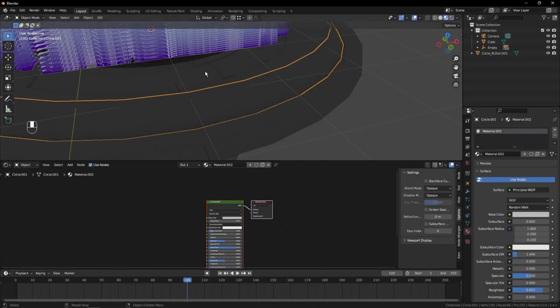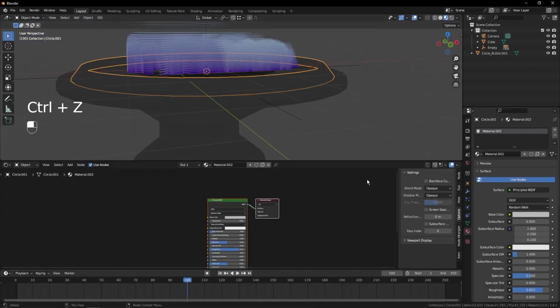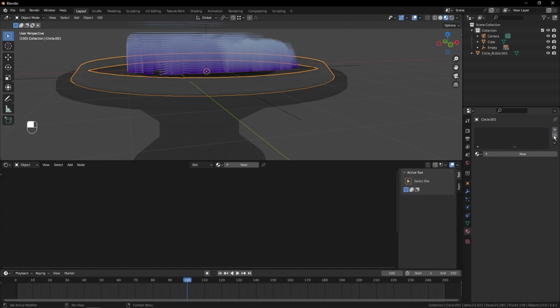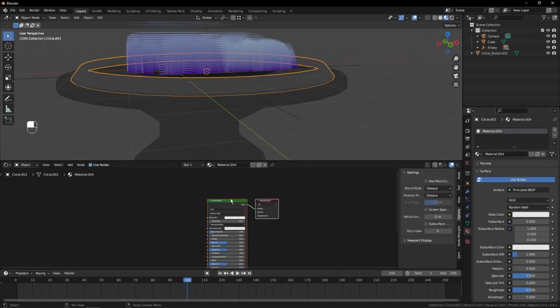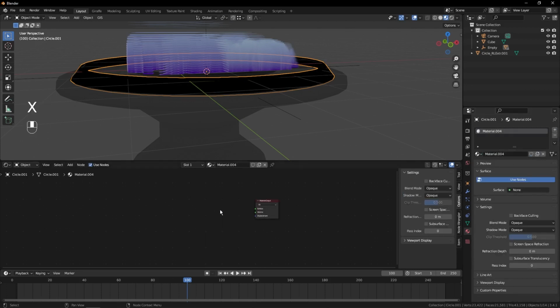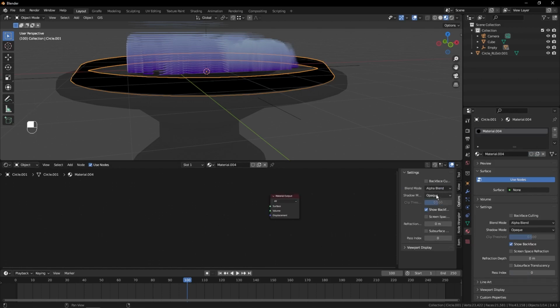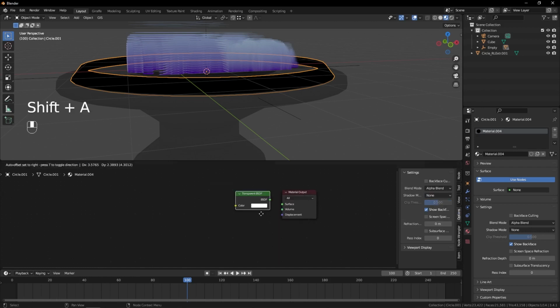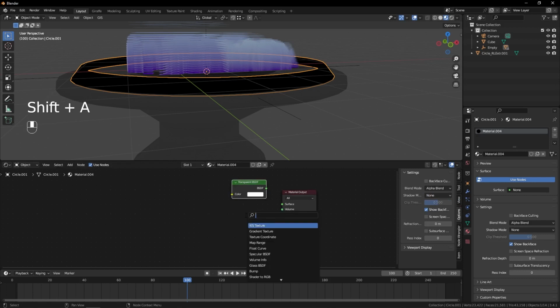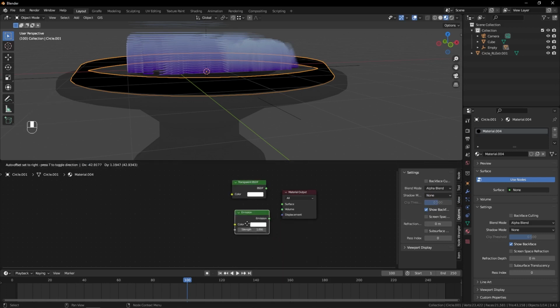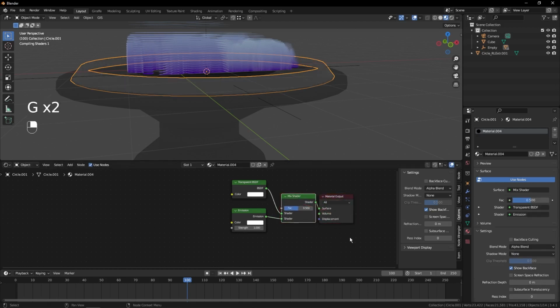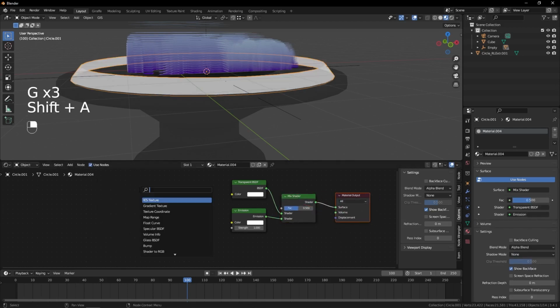Now we'll go back to layout. Then we'll give it its own material. So we'll just remove the one that's on there. Click new, delete the principled BSDF, switch the blend mode from opaque to alpha blend, then the shadow mode to none will work fine. Then we'll add a transparent shader and an emission shader. Mix them together. Plug that into the output. And we'll get a gradient